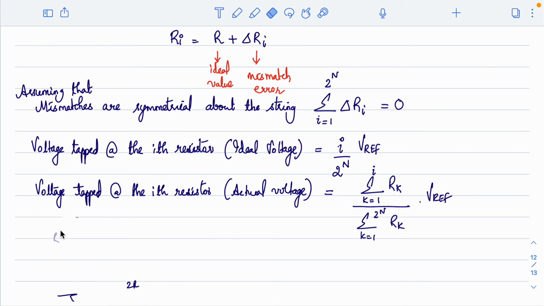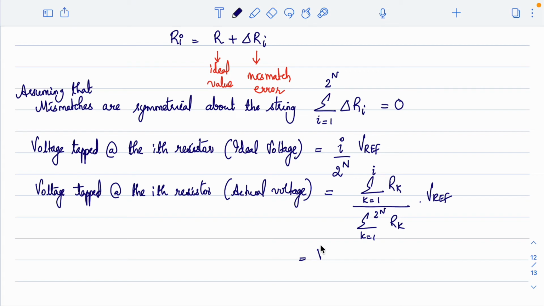Yeah, this is simple only. I am just trying to bring up a generic expression. Now this can also be written as, yes. The voltage tapped at ith resistor doesn't mean V0, right? Or V0 is always 0. This is V0 is always 0. Yeah. The first one is always 0. Yes. Okay, sir. Yeah. Now this can be